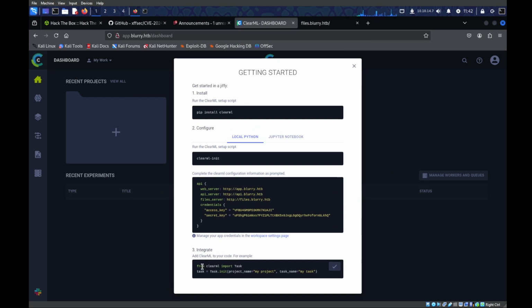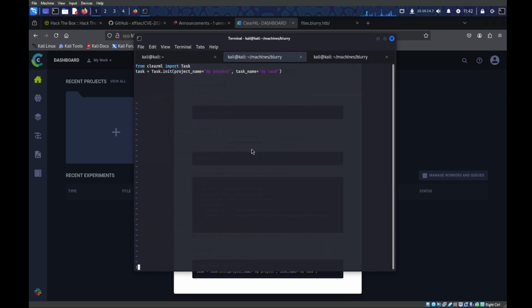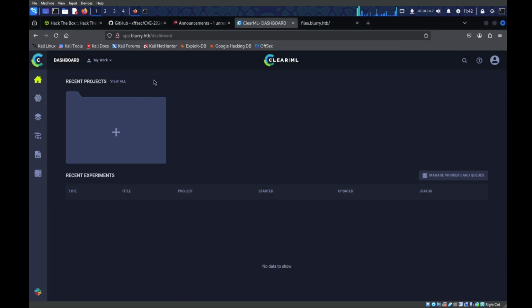This is the thing they want us to run. So from clearml import Task, task is Task.init with a project. So if we just were to run this, I'll just do vim and then test.py. And if I were to run this, we can see if we run test.py that inside of the projects, if I just go to projects,